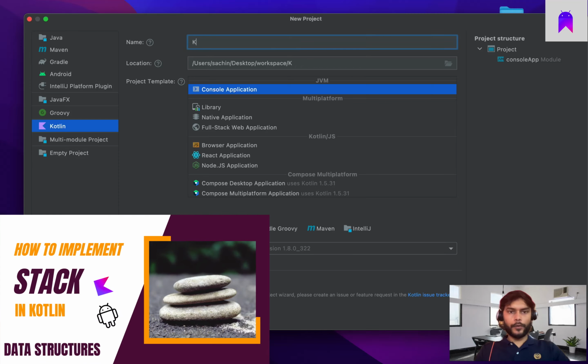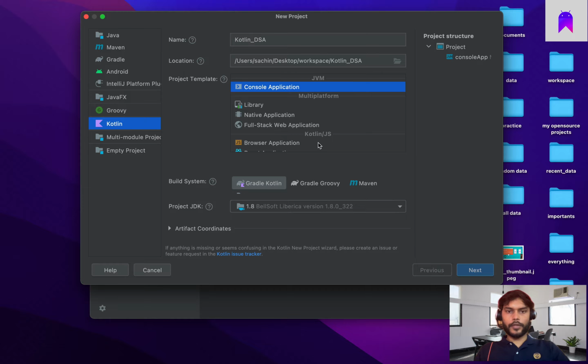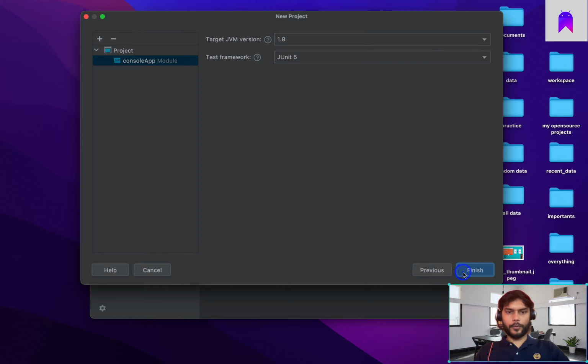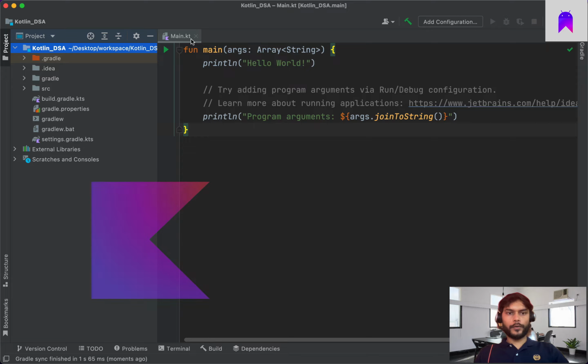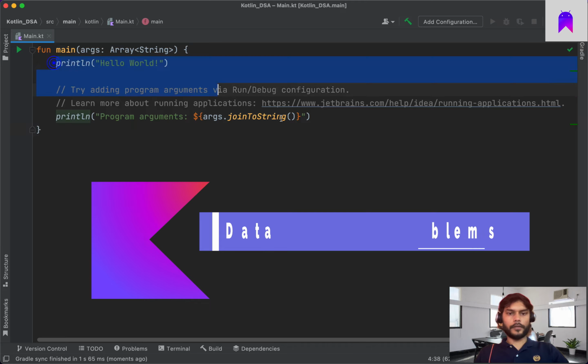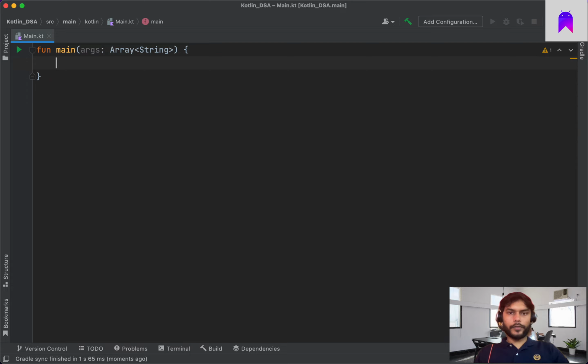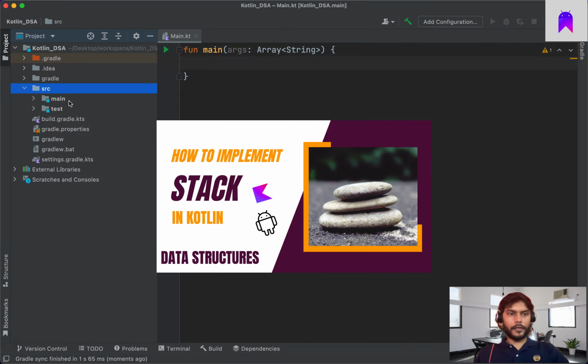So we are going to use IntelliJ and we are going to create one Kotlin project. Let's say Kotlin underscore DSA. We'll use this project to solve our data structure problems. We are going to use Kotlin throughout our data structure problem solving series. And in today's video, as we are implementing stack, let's create one package